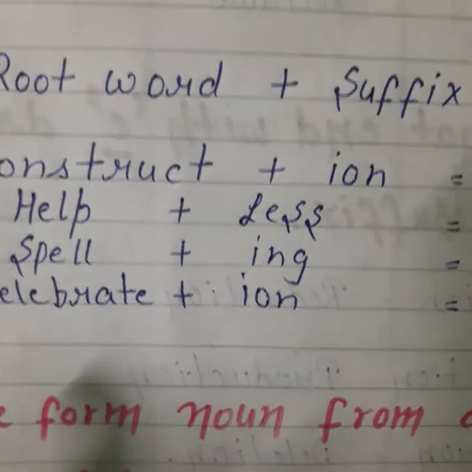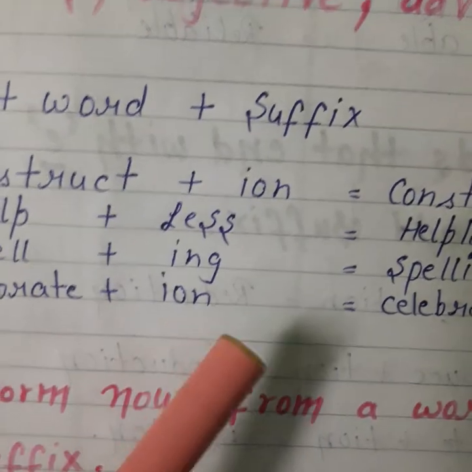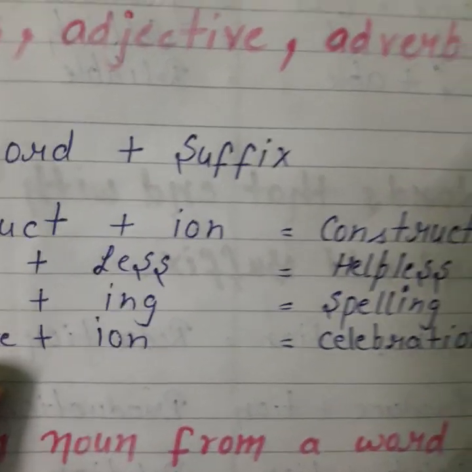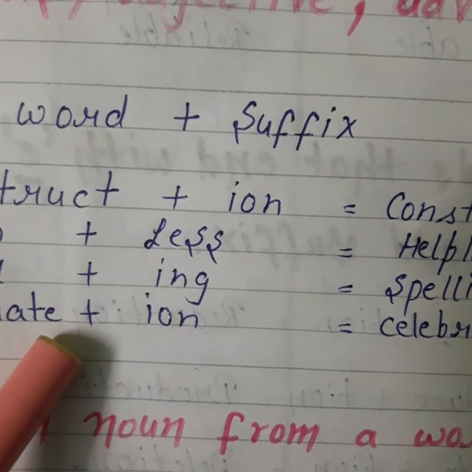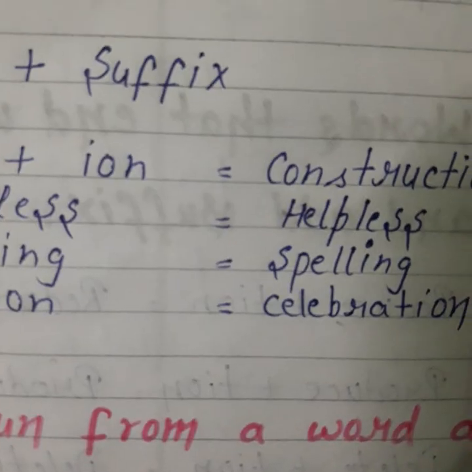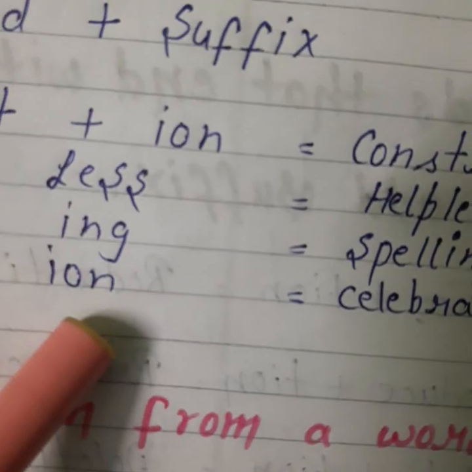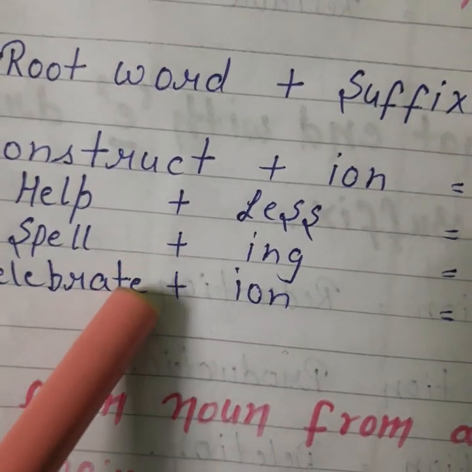Okay, now one thing I want to tell you here. See, the word celebrate is here. So when there is a vowel e at the end of any word, when we form the new word, we remove the e. यहाँ पे हम e को रिमूव कर देंगे एंड वी विल ऐड द सफिक्स, और सफिक्स को हम उसके साथ ऐड करके वी विल मेक द वर्ड. You have to remove the vowel.